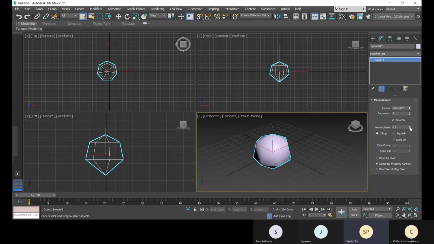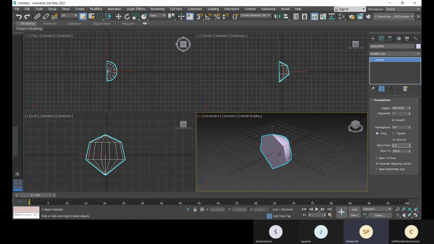Just a minute. Here you can see it's not taking 180, it's taking 0 as the whole figure, and 0.5 as half. You can do the same with slice on. With slice on, you can give a slice from 0 to 180 here.